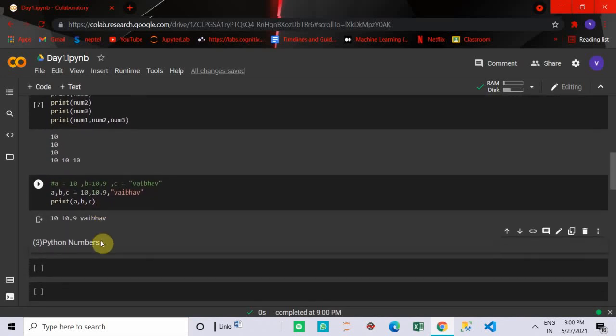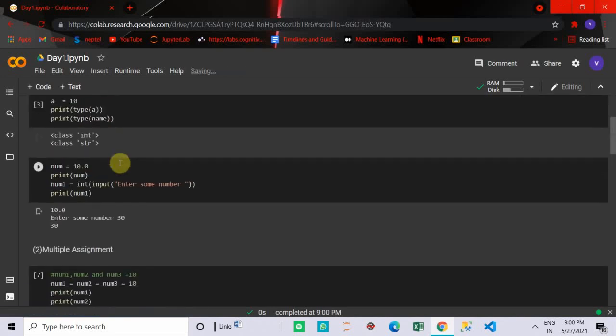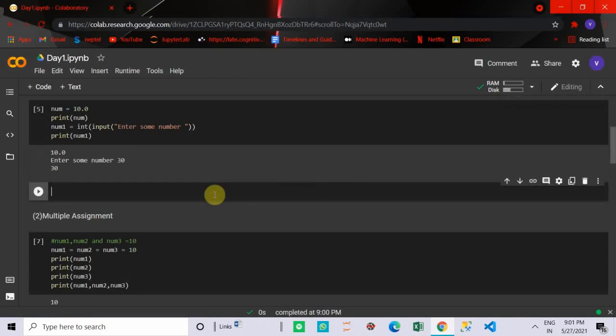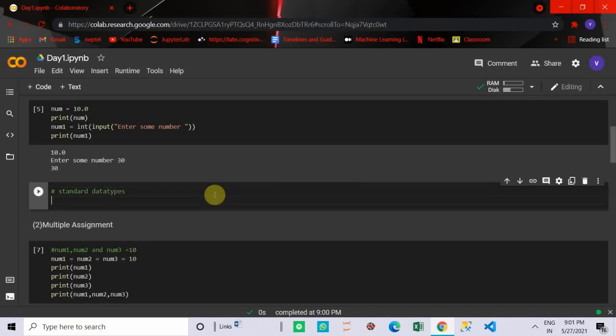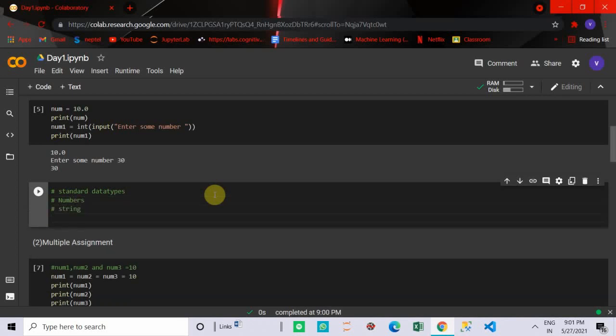So next is about Python numbers, or rather standard data types. In standard data types we have to discuss numbers, string, list, tuple, or tuple as per your convenience, and dictionary.